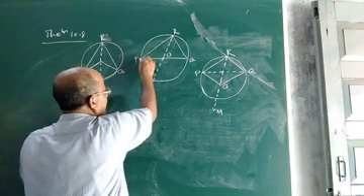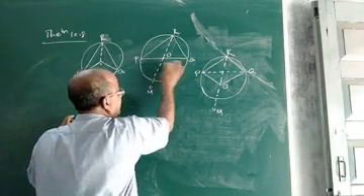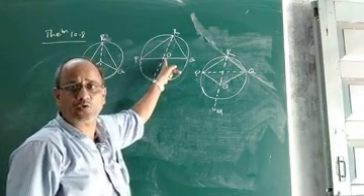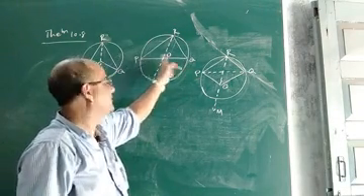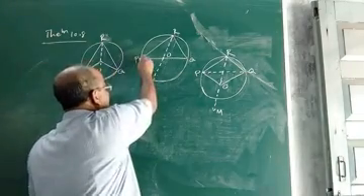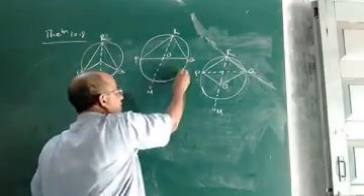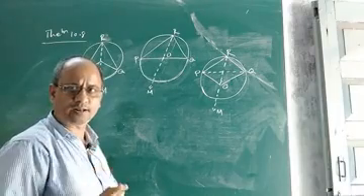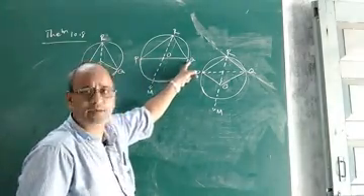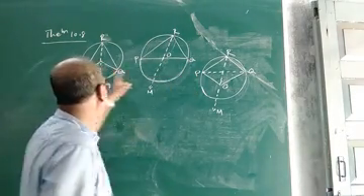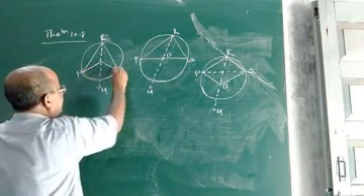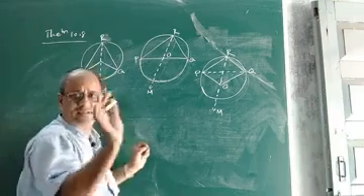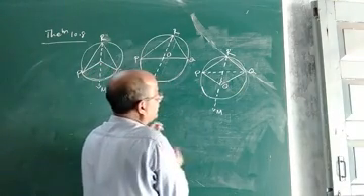In this figure also PQ is an arc, but you see here the arc is a semicircle. O is the center of the circle, PQ is a diameter. So clearly this is also an arc. You know what is an arc? Arc is a part of the circle. Any part of the circle is called an arc. So here the arc PQ is a semicircle. Here look at the arc PQ, it is a minor arc. See, this is a minor arc.